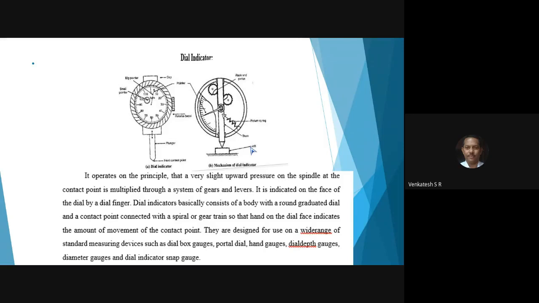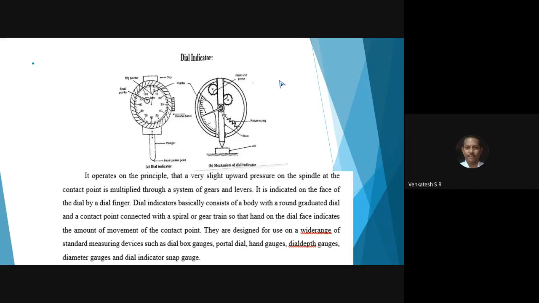The dial indicator is widely used in the metrology lab, basic metal testing lab, and some of the laboratories where you require components in microns. Now, define the micron. Micron is nothing but, all of you remember for your lifetime, if you divide 1 millimeter by 1000, you will get 1 micron.